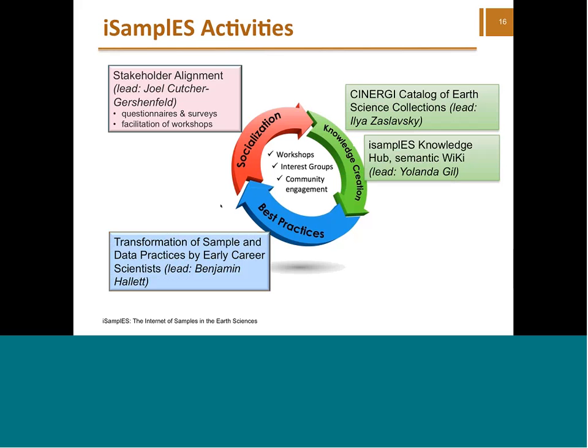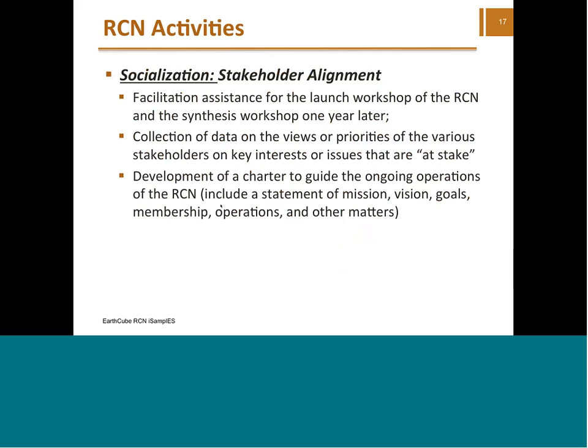And last but not least, there is the effort of engaging early career scientists to change sample and data practices, and that is related to the AGU workshop that I'm going to briefly talk about. Just to elaborate a bit on these activities, the stakeholder alignment will start with a survey that we're working on before the first workshop, and then at the first workshop, which will happen in January 2015,